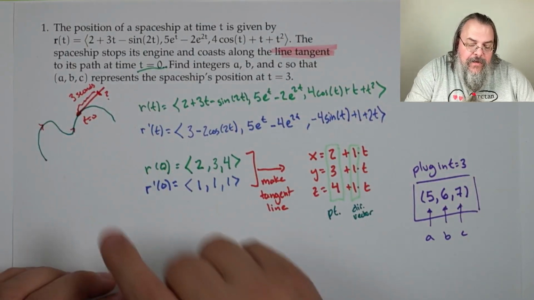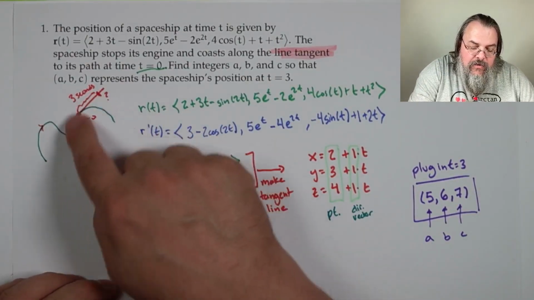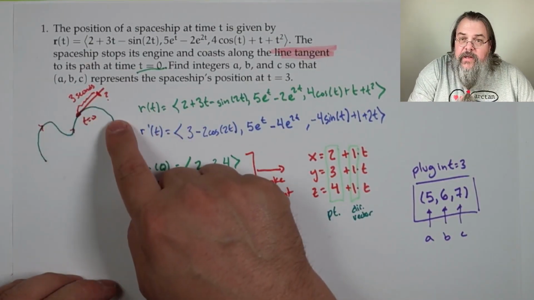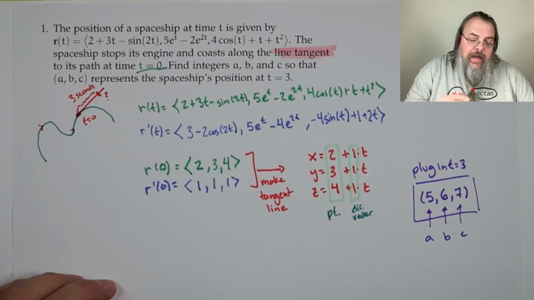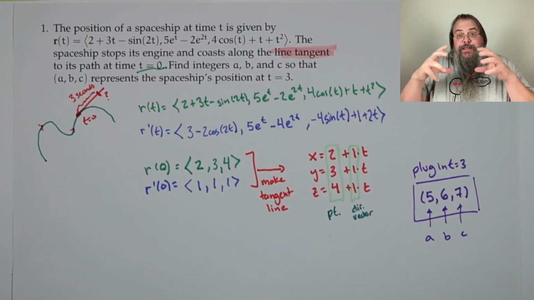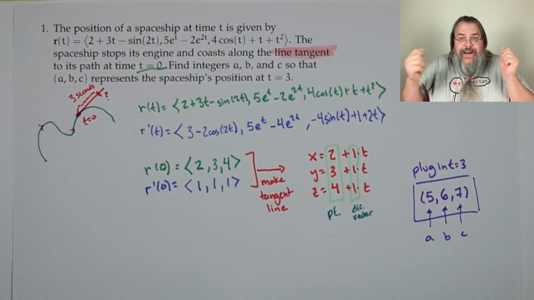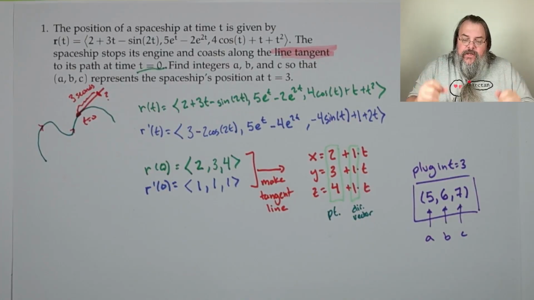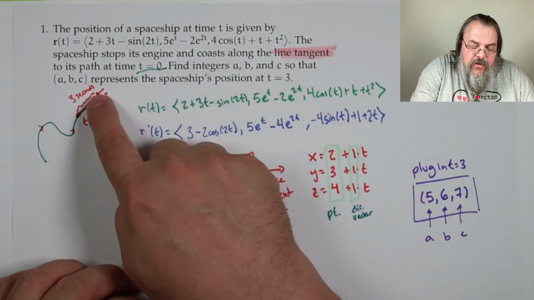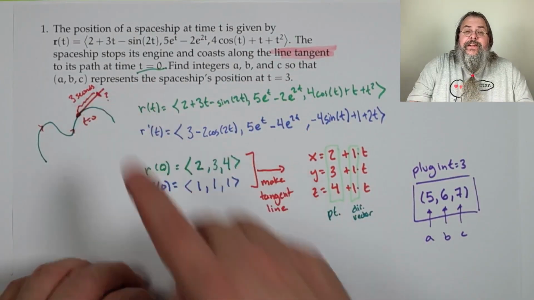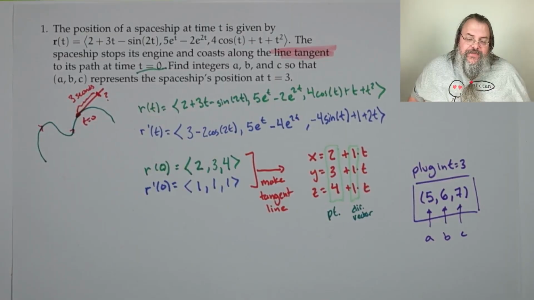So what we really have is 2 curves. One of them is the curve that this r of t is, the rocket is. Then there's the second curve, which is this tangent line. And so they're separate curves. And so they actually have independent time variables. And so what this t represents is tied to r of t. What this t represents is tied to this line, this tangent line. We should technically use a different symbol, but math was kind of running short of symbols, so they did a